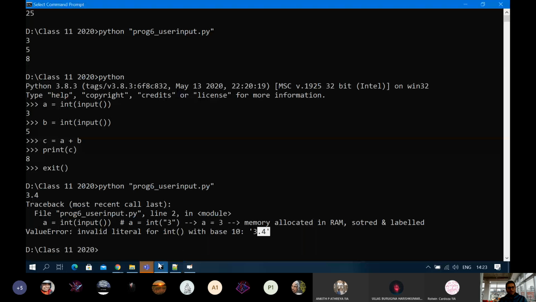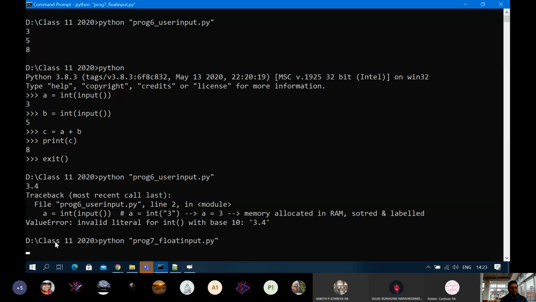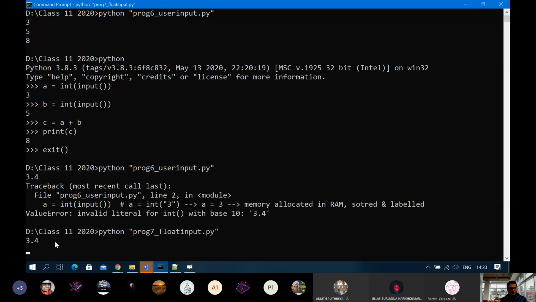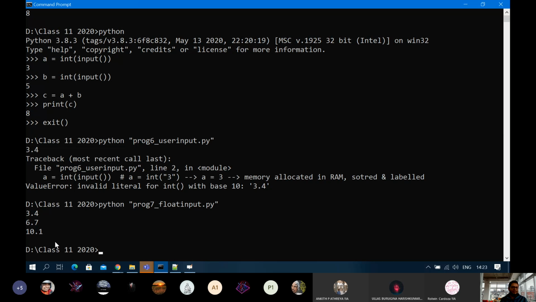Okay. Now next program को मैंने same program को, now if I give 3.4 and next में मैंने दे दिया 6.7, now you can see it is working fine.